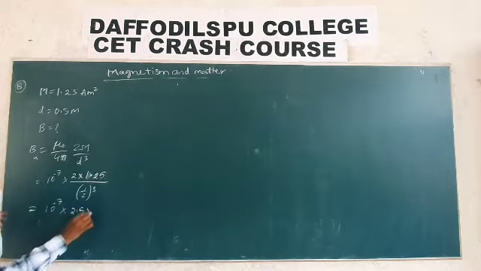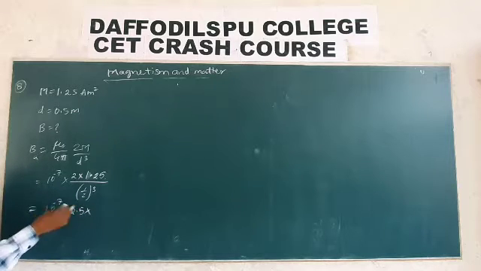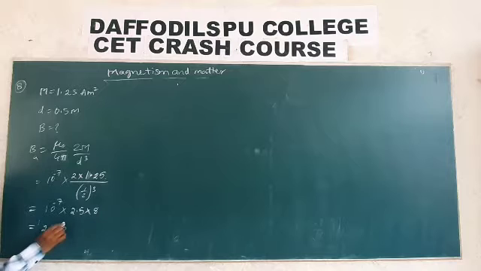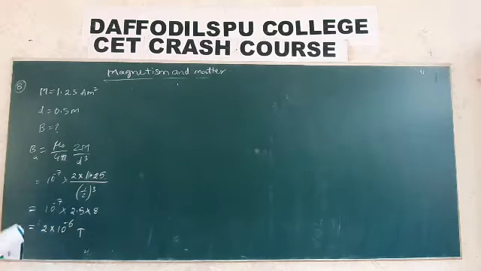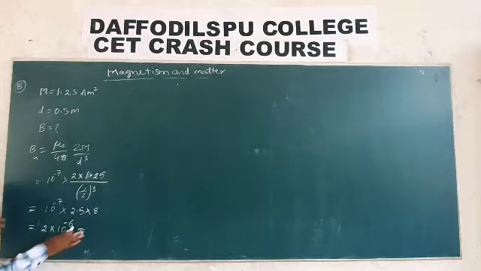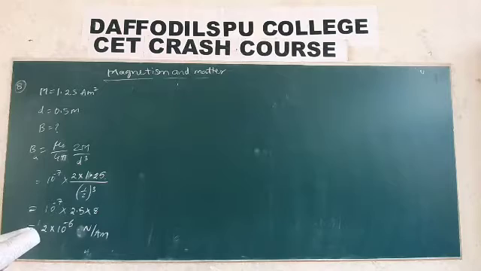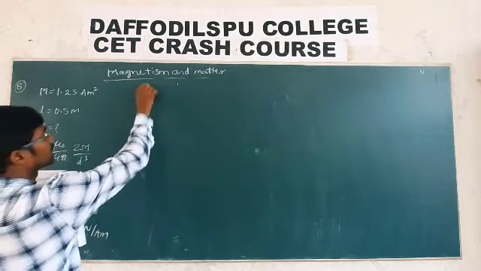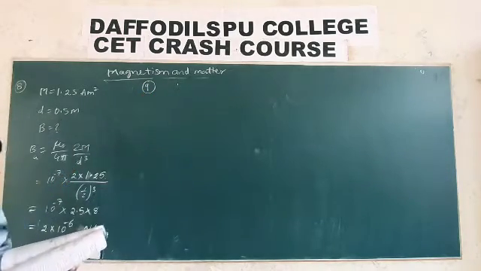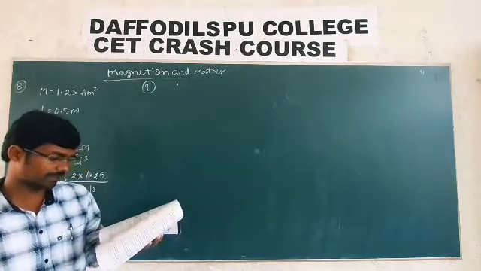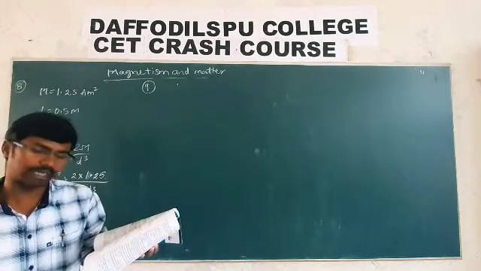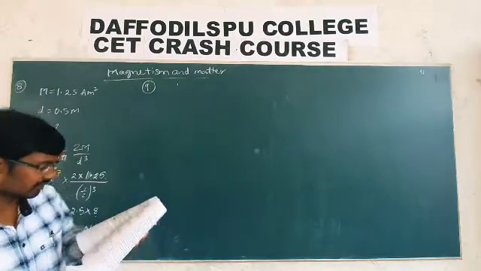The force between the two poles is nothing but mu naught by 4 pi into M1 M2 by R square. Same as in electric force, 1 by 4 pi epsilon naught Q1 Q2 by R square. Here also we have mu naught by 4 pi M1 M2 by R square. Let us substitute the values here. Mu naught by 4 pi is 10 power minus 7, into M1 value 50, into M2 value 100, by 10 centimeter. 10 centimeter is nothing but